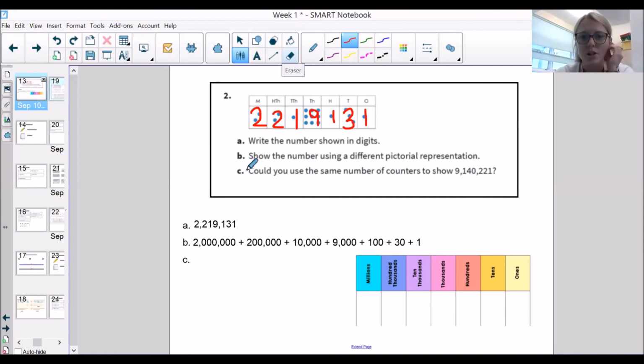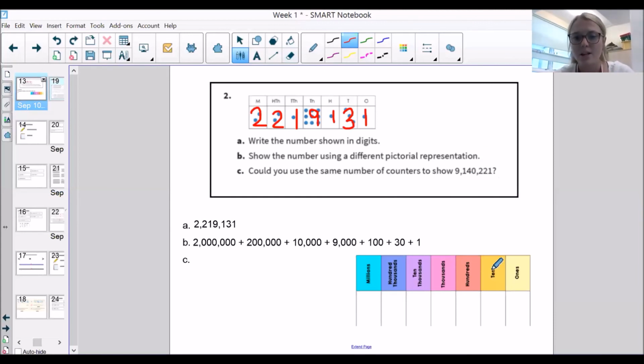Okay, so the next one says show the number using a different pictorial representation. As I said, you could have written that out as a partition number sentence, which I've done here. So 2 million plus 200,000 plus 10,000 plus 9,000 plus 100 plus 30 plus 1. But if you'd drawn that as a pictorial representation with place value counters, that would have been absolutely fine as well. So that last one says, could you use the same number of counters to show